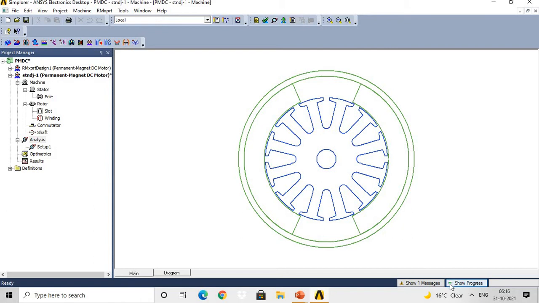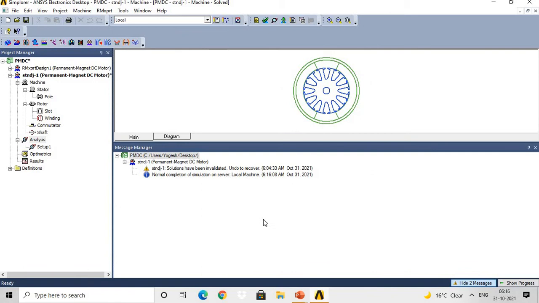The green color shows the analysis progress, and if there is any error, then that error will be shown under this message bar. But right now for this motor there is no error, and that's why it is showing normal completion of the simulation on server.